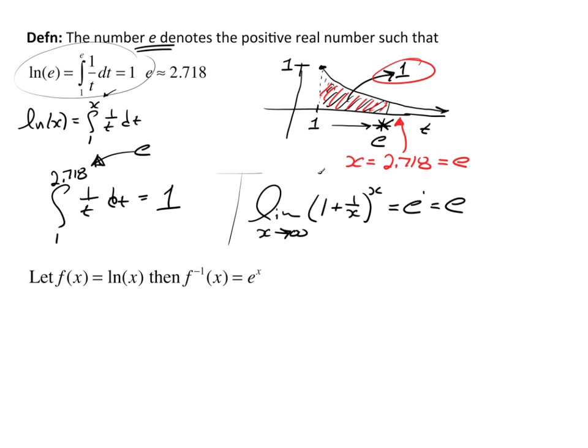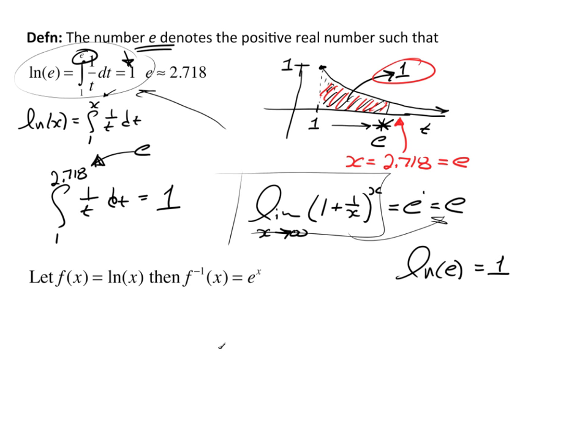So this gives me the same number as this integral. Well, actually, the integral doesn't give me e. If I integrate to e, I get 1. And this is how I define ln e. So ln e, if you didn't catch it already, the natural log of e is actually equal to 1,